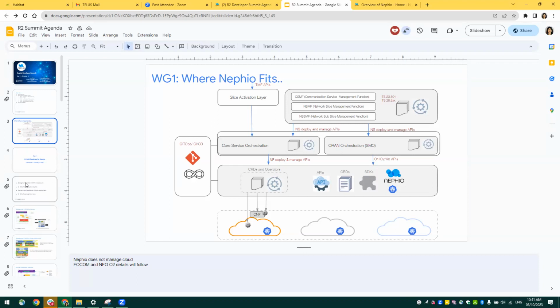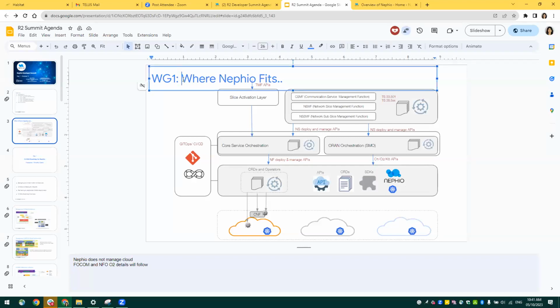So that's why I made a suggestion on the chat, and I'm sorry to get back to here, but the title could be initial thoughts on where Nephew fits. But it could be a voiceover instead of in the title. Okay, yeah, I have to make sure that I voice it over that way. I think the title is becoming more vague with more initial thoughts and where it fits.